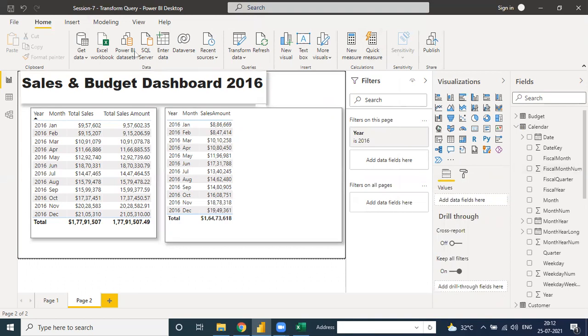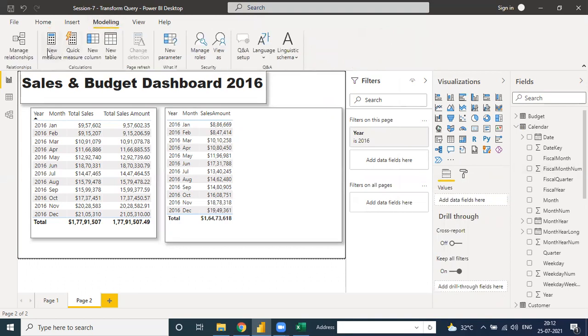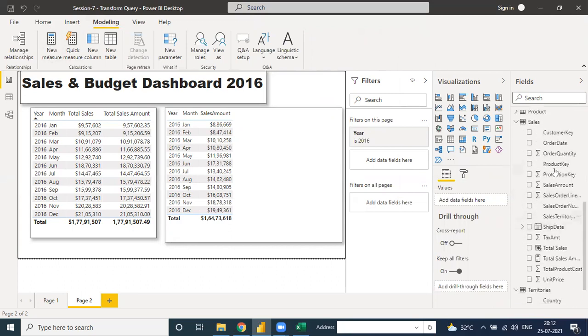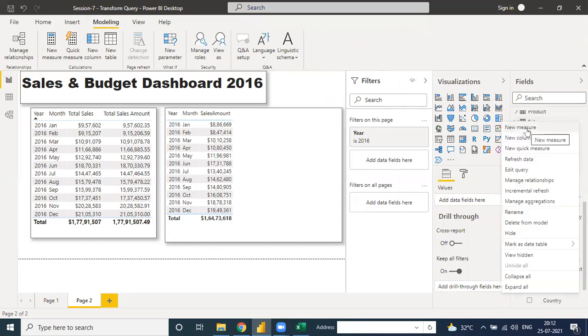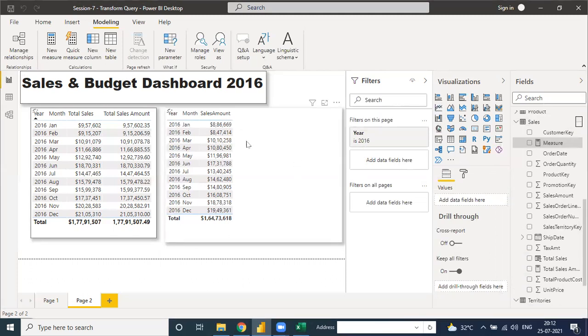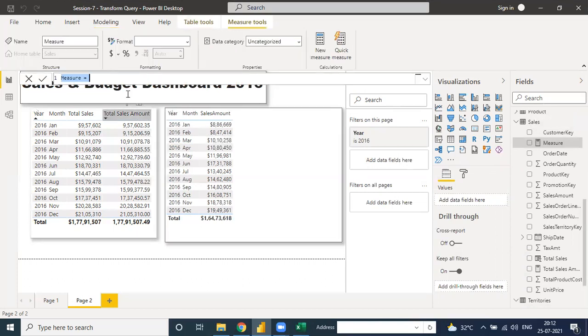There are two ways: go to Modeling and create a new measure, that's one way. The second is, under the sales table, you can click and create a new measure. There are just two steps, and you can do whatever you want. Suppose I click here on the new measure, and see the result of how it goes.